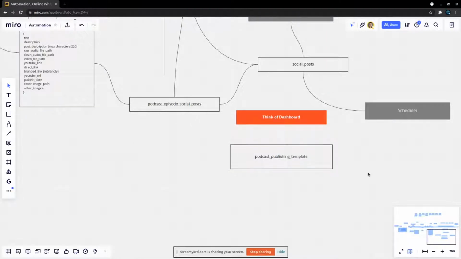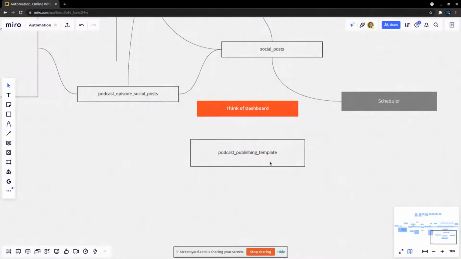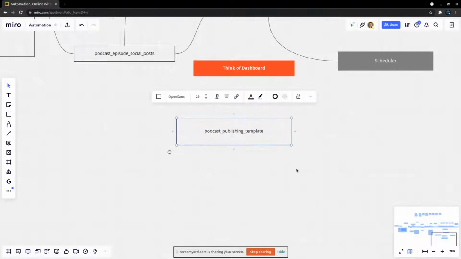Hey, Tom, I just had an idea about one of the things you recommended the other day in regards to the dashboard, and that's what I'm smashing out now. I want to make it possible for you to have a template, and you can say, for example, when a podcast is released, I want you to do a post maybe half an hour after it's released, and then a post maybe not an hour, but like the day after.